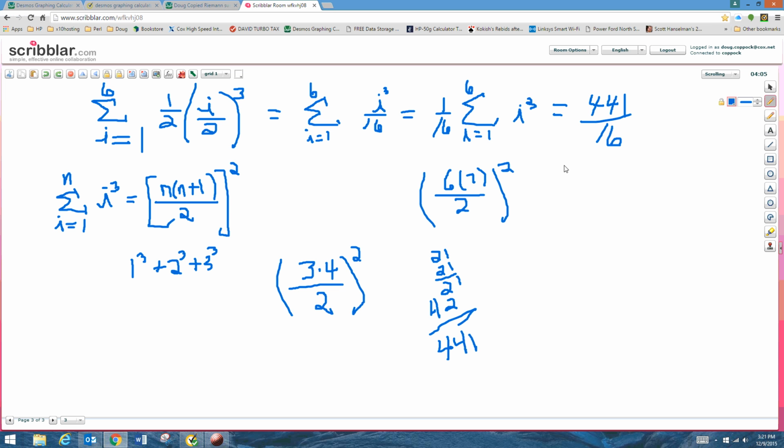So now I'm going to ask the question, what if we change this 6 to an n? Can we come up with a general formula for evaluating the sum of those rectangles when n is an arbitrary number of our choice? So I'm going to go to another page, and we're going to examine what happens if I take the sum from I equals 1 to n of,